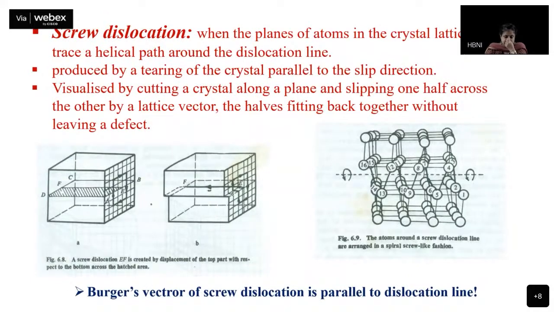Now screw dislocation. In case of screw dislocation, we will again look at our cube, whatever we were looking at in case of edge dislocation. Again, look at this normal cube. Try to cut it in horizontal half, that is upper part and lower part. And now along this particular line, you try to cut it here. Cut it means you try to imagine that these things are now mobile. Now you place your hand on the top cuboid that you have obtained towards you, and then try to displace it.